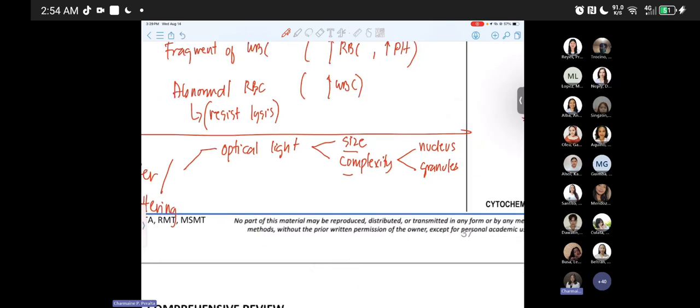Kasi maski naman ako, kung medtech ako, hindi ko na pakikialaman yan. But actually, sa ibang bansa, if gusto nyong mag-take ng ASCPI, applicable tong mga principle na to. So sa optical light, nagkakaroon ng light scatter. Yung light scatter, tandaan nyo na lang, may tinatawag na forward scatter, side scatter of 10 degrees and 90 degree